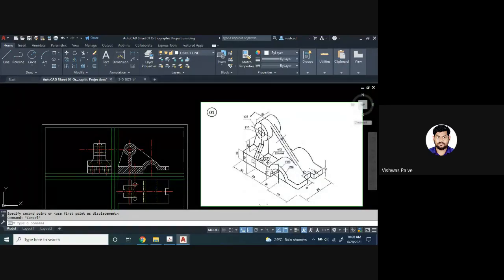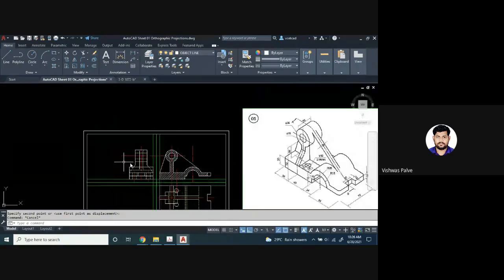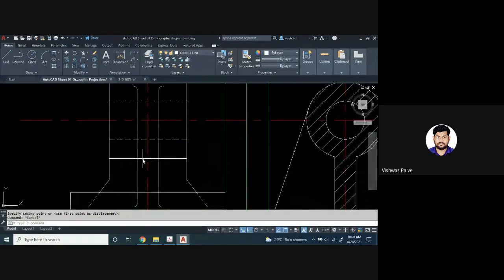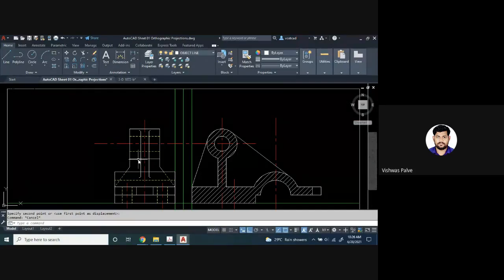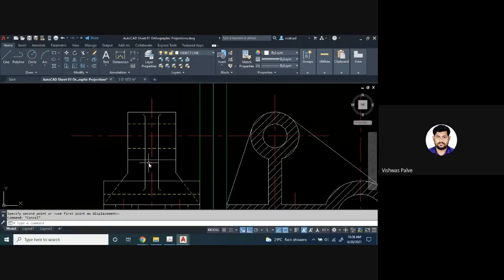Is there any line missing? We have to check if any line is missing, then we have to represent that line. Okay, when we observe it from front, here this line won't be getting visible because it is lying behind this rib. So this portion we have to trim it off.